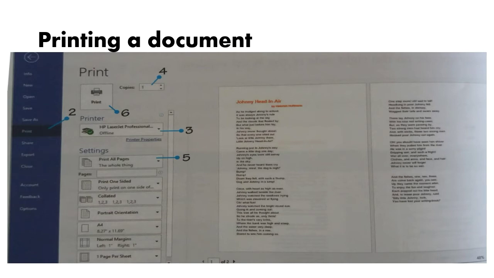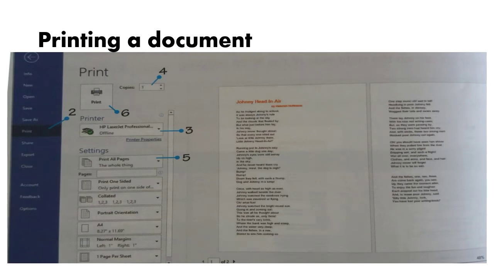Click the File tab and select the Print option. The preview of the document will automatically appear on the right side of the Word window. To view each page, click the navigation keys. The view of the document can be enlarged by using the zoom slider bar at the bottom right corner.